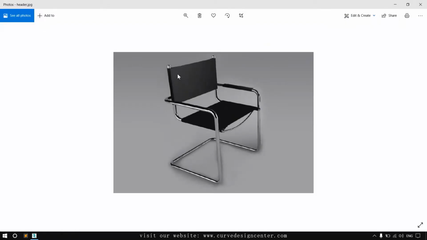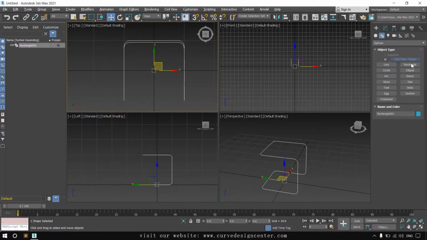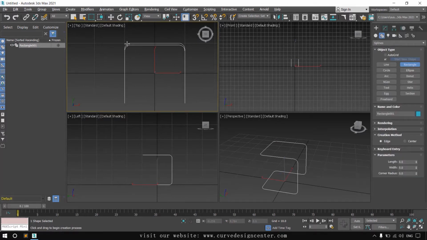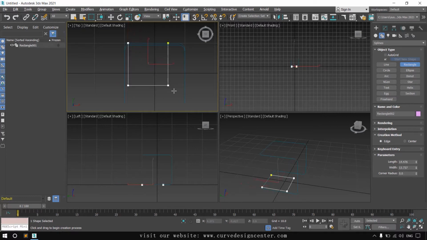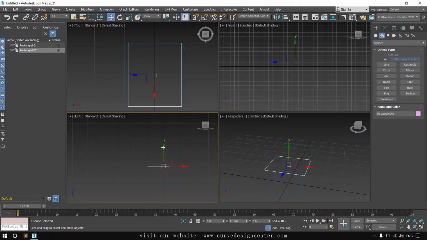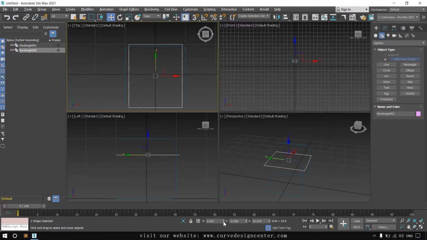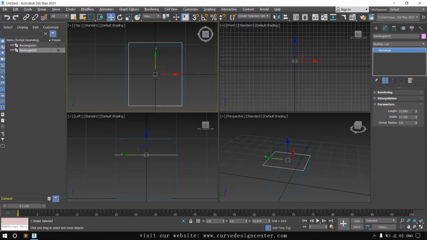Now we create the second frame from the top viewport. Change the location. Okay, make sure it is in the center and change the dimensions.